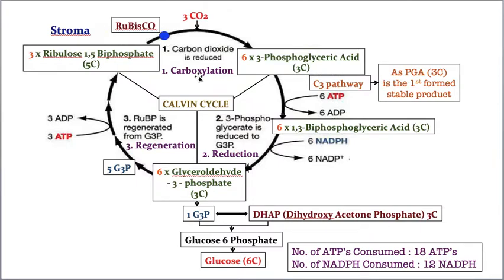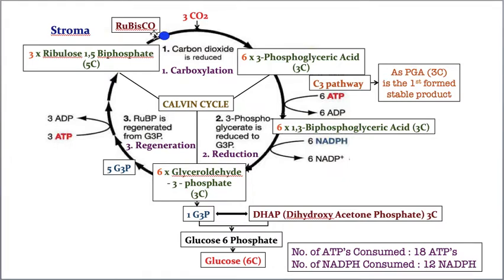Then why is the dark reaction taking place in the stroma? It can also take place in the thylakoid membrane, no? Then why is it not taking place in the thylakoid membrane? Why is it taking place only in the stroma? This is a very good question. For that, the answer is, for the dark reaction we need one very important enzyme, that is called Rubisco.